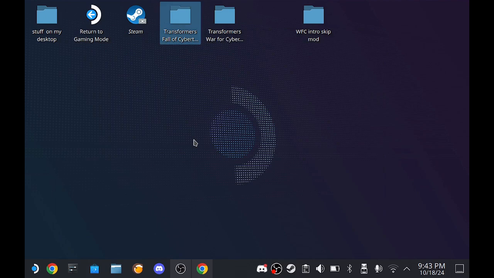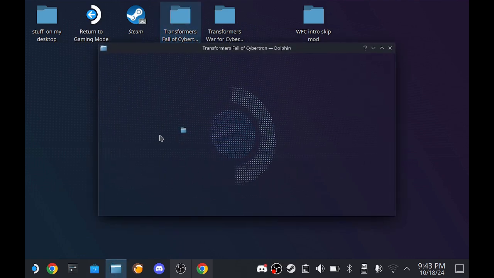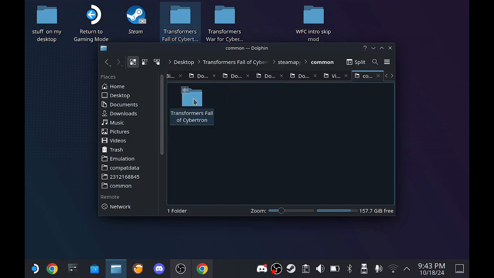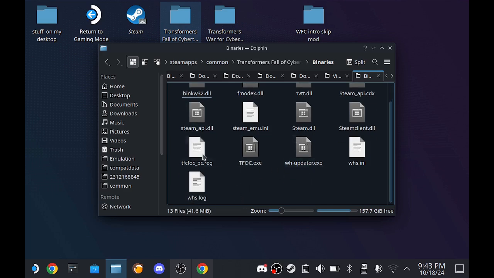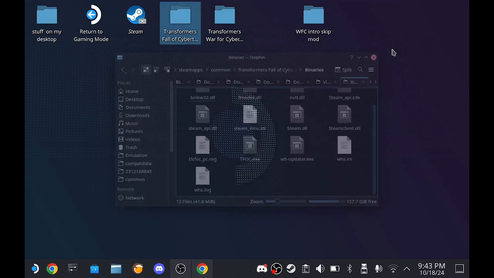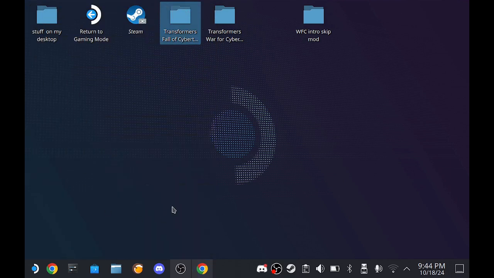Okay, so now you're going to follow the install guide from the warehouse server for Fall of Cybertron up until the point where you put the .reg file in your binaries folder. So at this point, you should have TFC FOC _ PC.reg in your binaries folder. Okay, so you can go ahead and close out of that. At this point, what you want to do, go to part 3 of the guide and download the WHS installer. Okay, once you have that installed,